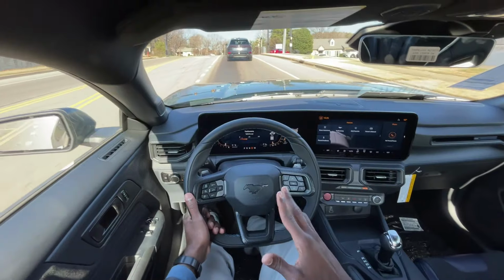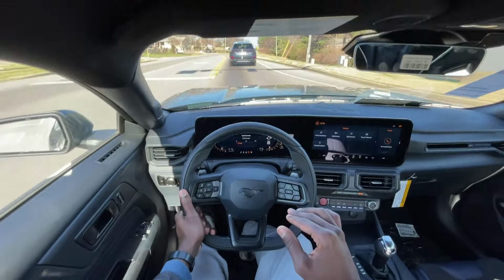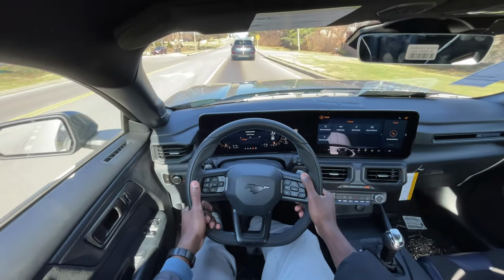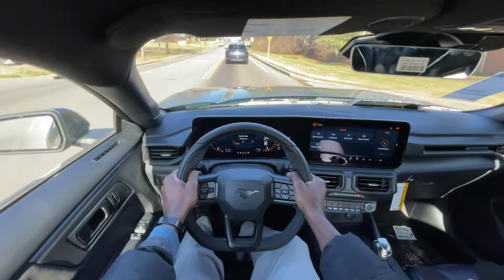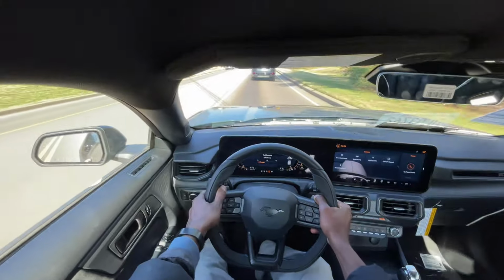That's why you get it. You're not really caring about the ride quality and all of that. So far, it's keeping a smile on my face just driving around town doing the speed limit. Can't wait to give it a few pulls, but I mean, if you had to daily drive this,